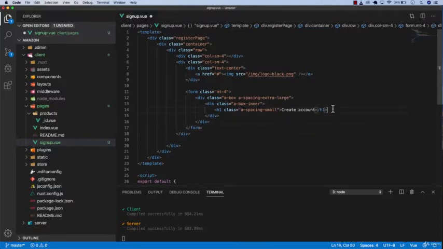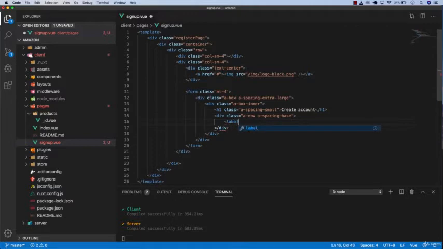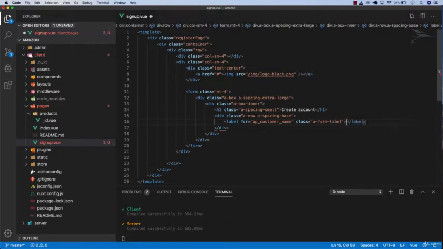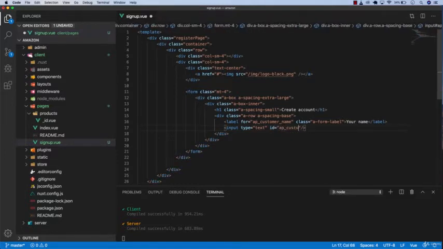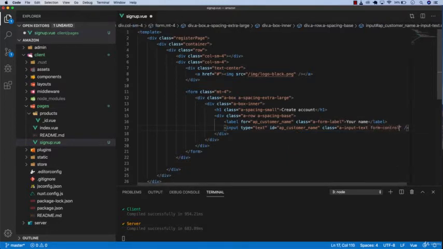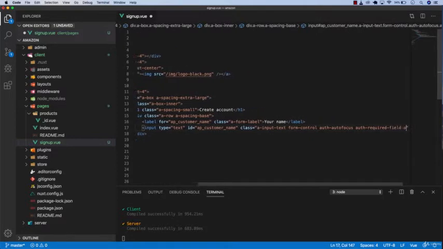Okay, and now will be the label, so div class a row a spacing base, and here will be label for ap underscore customer name, class a form label, and then your name, and then an input field which should be type text, and then there will be an ID which should be ap underscore customer underscore name, and then there will be a class which would be a lot of classes in here, so we're just gonna add input text, and then form, supposed to be inside form control, and then off autofocus, and then off required field, and off contact